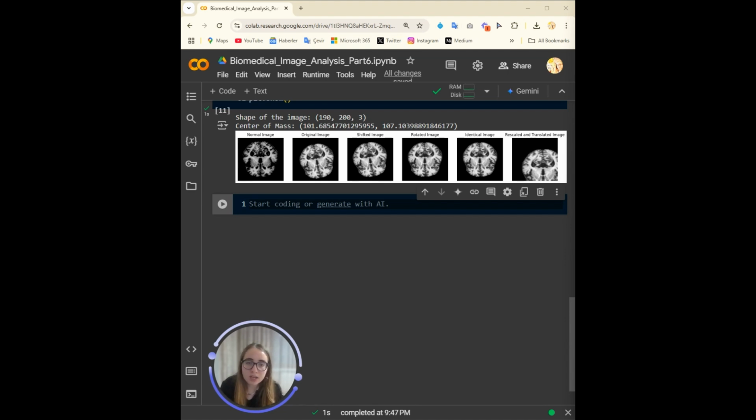Resampling basically creates a brand new image based on the old one, and different from cropping, the field of view does not change. Instead, the amount of space sampled by each pixel is increased or decreased, which changes the shape of the array. So we upsample it or downsample it.